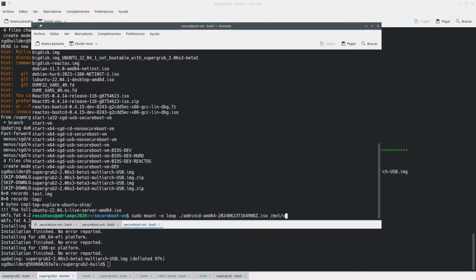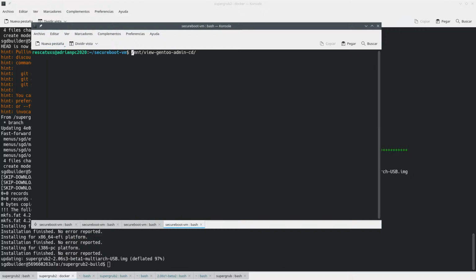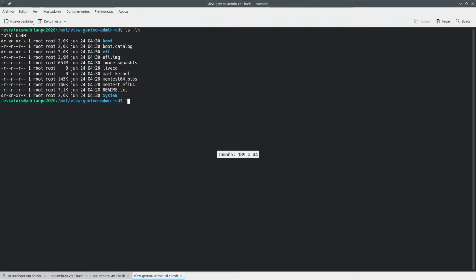So, view. Okay, so now we can take a look at this CD. Wait a minute. Great. So first of all, what do we have here is a CFG, which is GRUB.